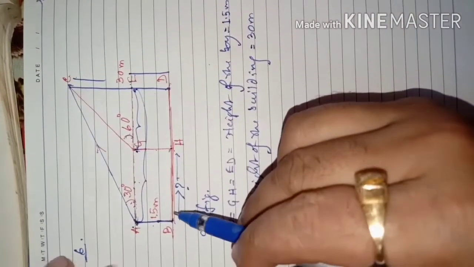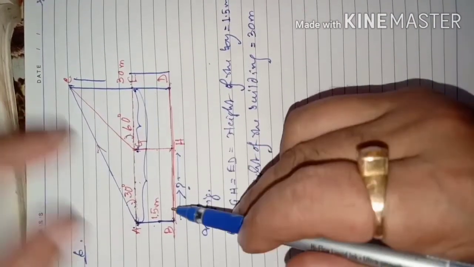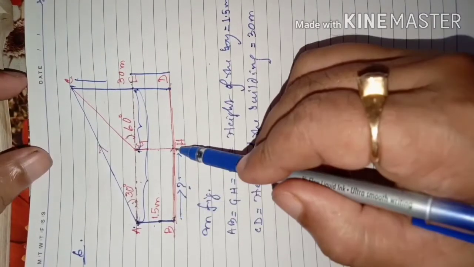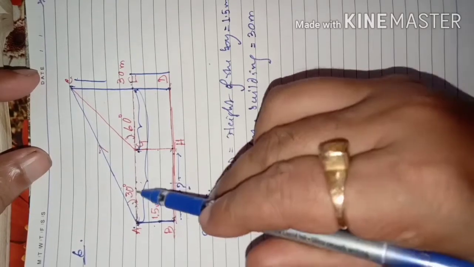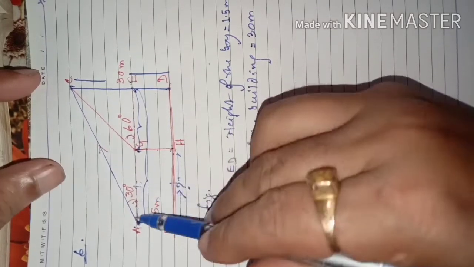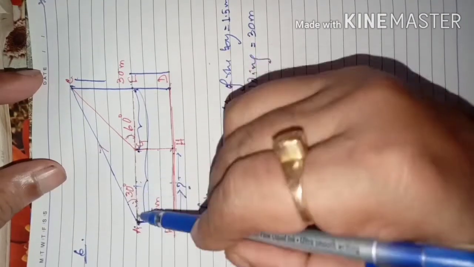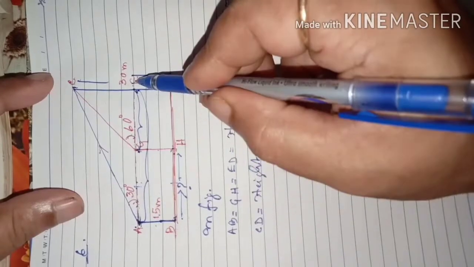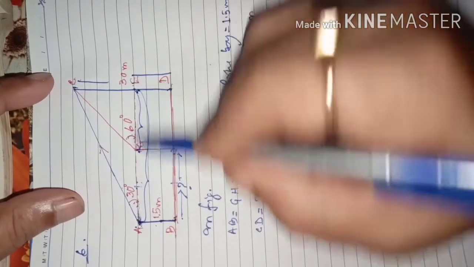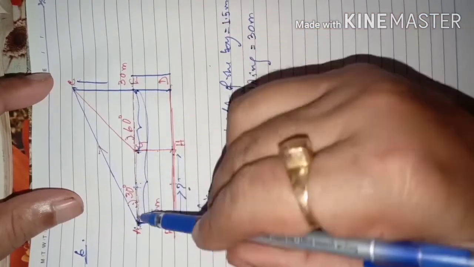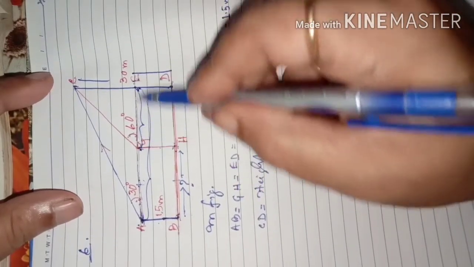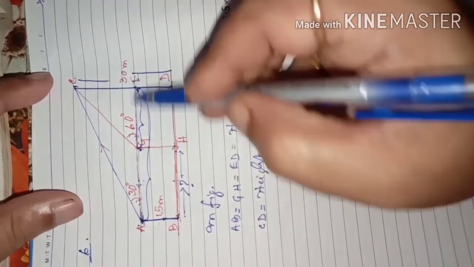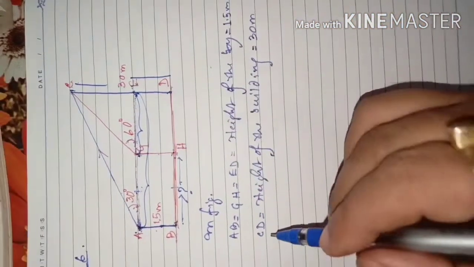Here you need to be specific about what you actually want. You want the BH portion. To get BH, you have to think like this. BH is equal to this part. And to get this AZ, you have to think about which right triangle it is a side of. AE, so AE you have to find out. Then AG is a part of AE. From there Z should be removed, so G should get removed. So DE also you have to find out. G is from which right triangle? CEG. Like that. So that is the method.